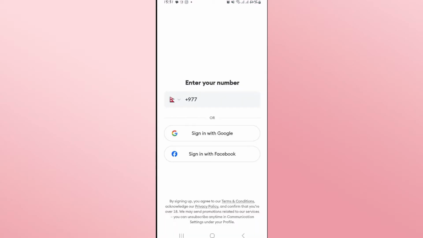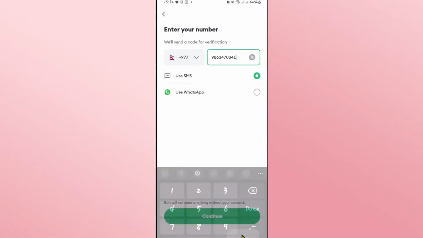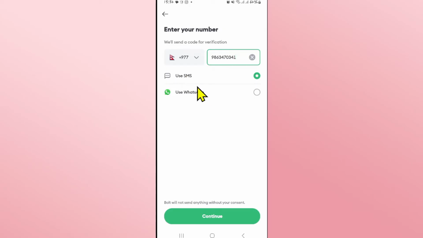And once the application is opened up, if you haven't signed up or logged in already, you will be asked to either use your phone number or your Google or Facebook account. Now, you can either enter your phone number and choose your country code. And once you enter your phone number, you can either use your SMS or WhatsApp in order to verify your account. Then tap on the Continue button and you will receive an SMS or a WhatsApp message which contains your